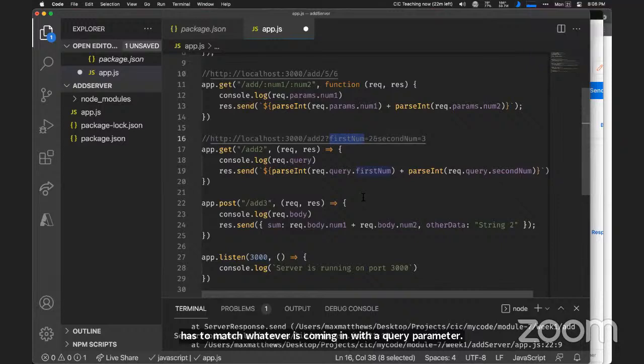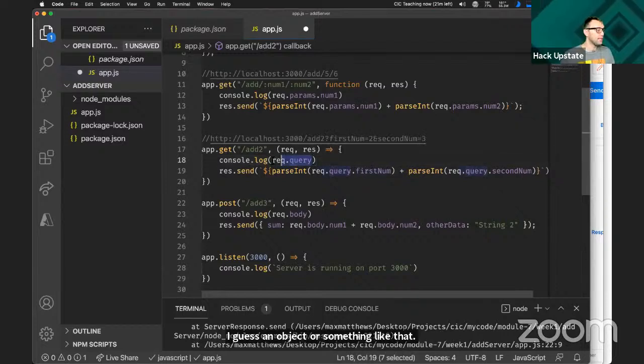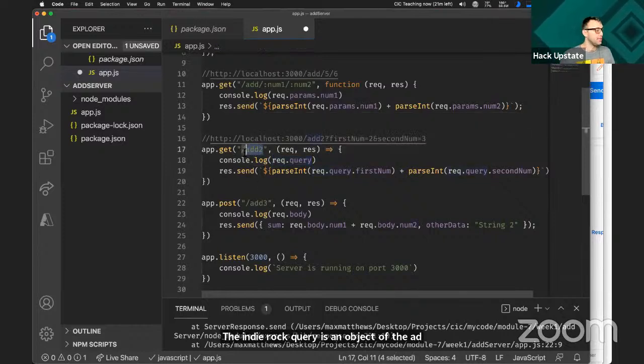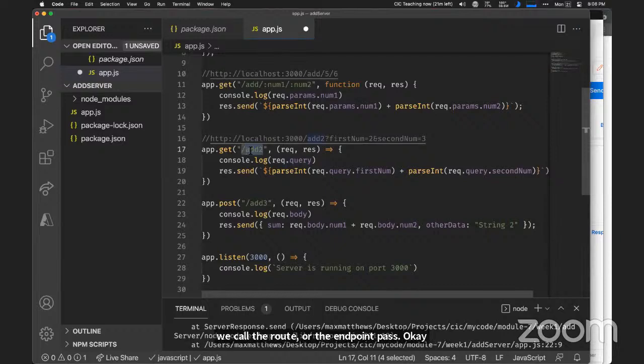Cool. So the get that dot slash or whatever add to is basically kind of like an object or something like that. The rec.query is an object. The add to is what we call the root or the endpoint path. Okay, the endpoint path.